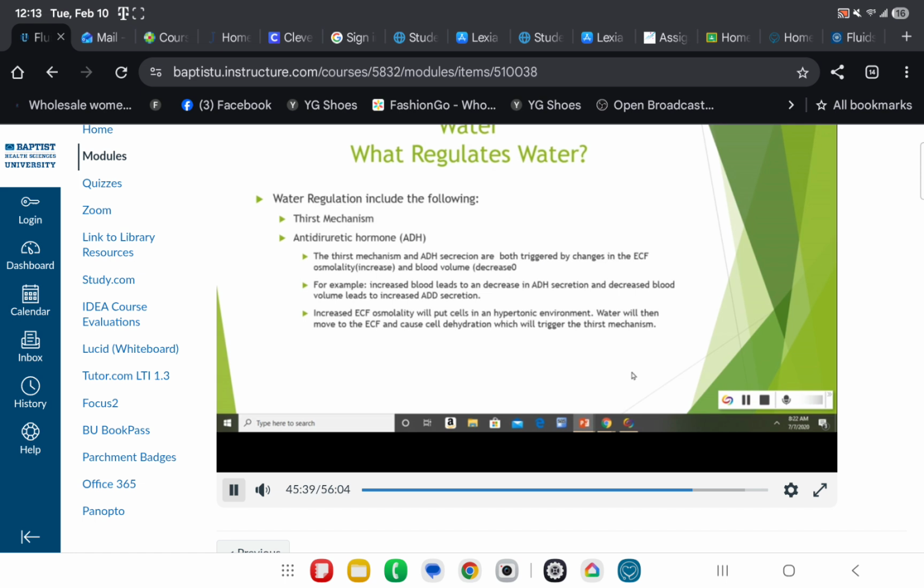So let's look at what regulates water in the body. Two things are going to regulate water. One is going to be the thirst mechanism, and another is going to be your anti-diuretic hormone. So, the thirst mechanism